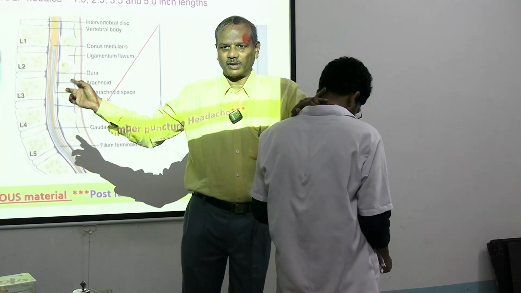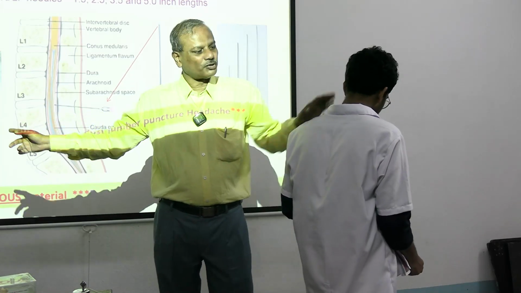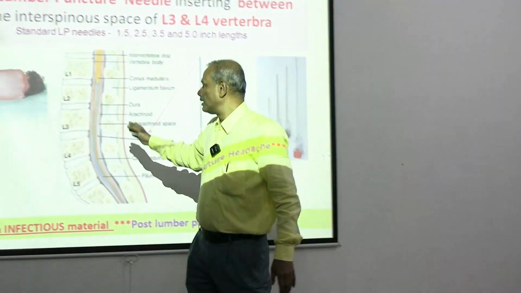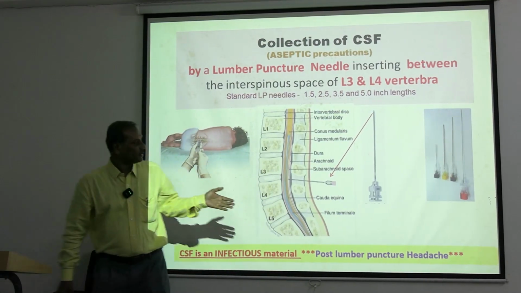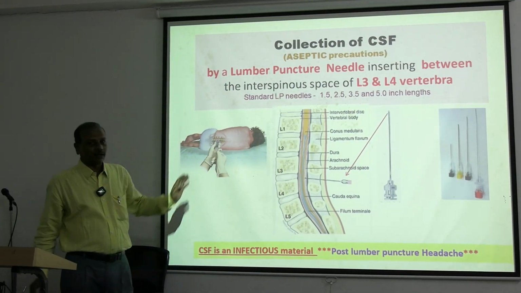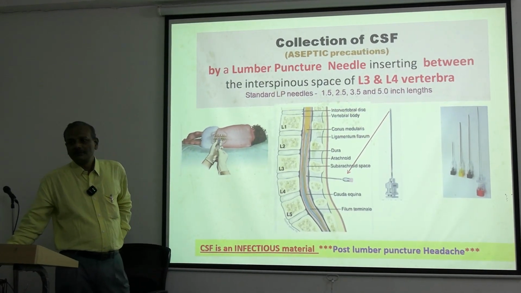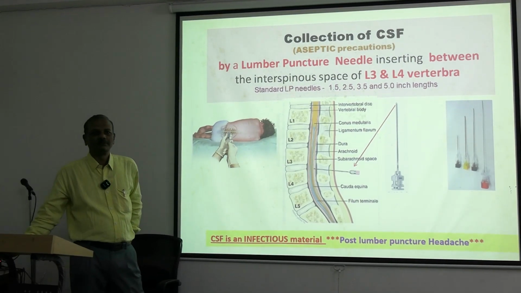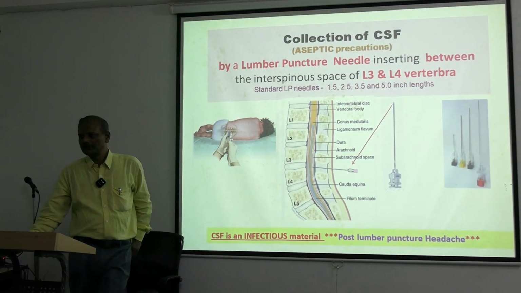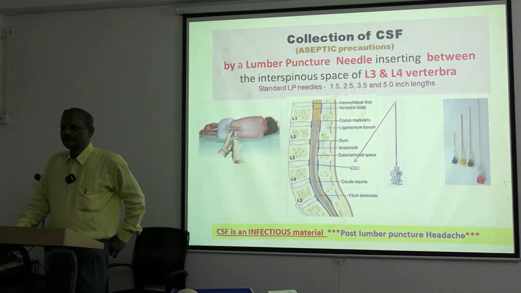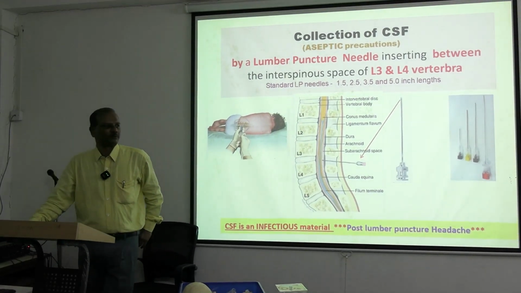And by mistake, if you cannot do this, then you will basically be lost. Why? This part is important. So how will you identify the L3, L4 vertebra? Just tell me anything from your anatomical knowledge. I think this has been told during your anatomy class. Applied aspect of anatomy.